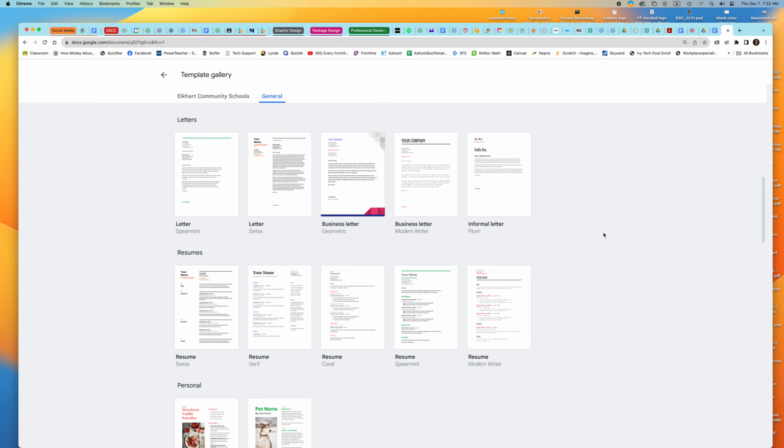For consistency, try to pick a format that resembles your resume. For example, if you use the Swiss resume layout, I would use the Swiss letter layout in this. Then when you click on it,